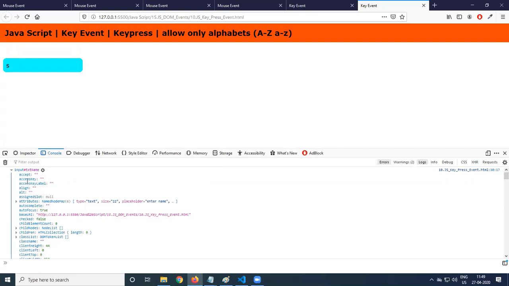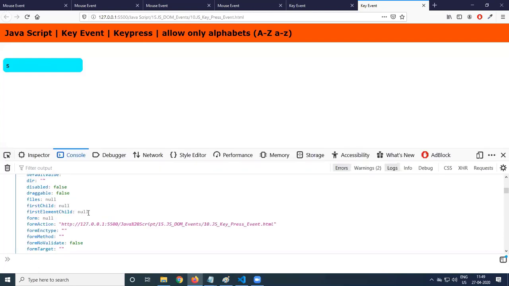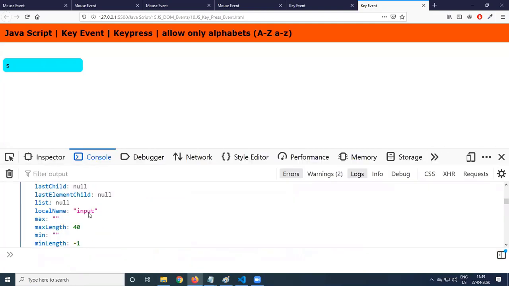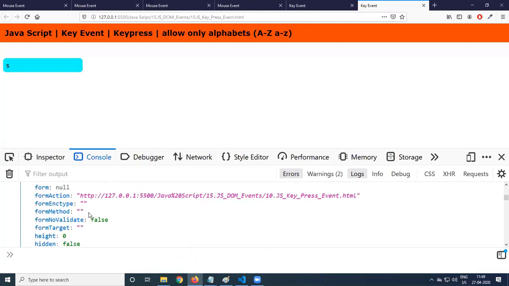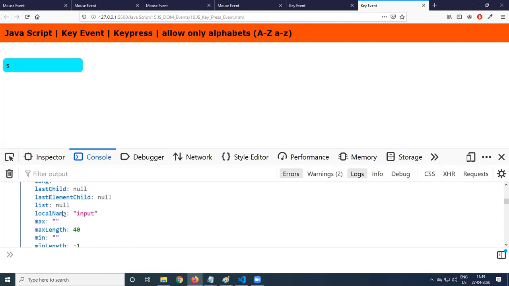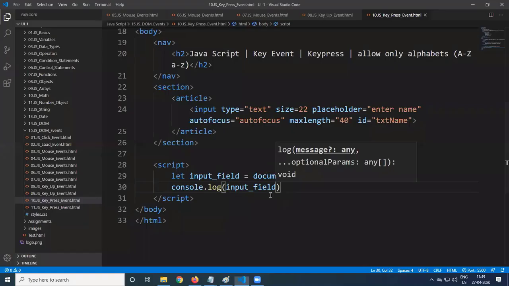So these are all the properties we have. In those properties, ID txt_name, last child element, all those things are coming. So what event has occurred inside this?